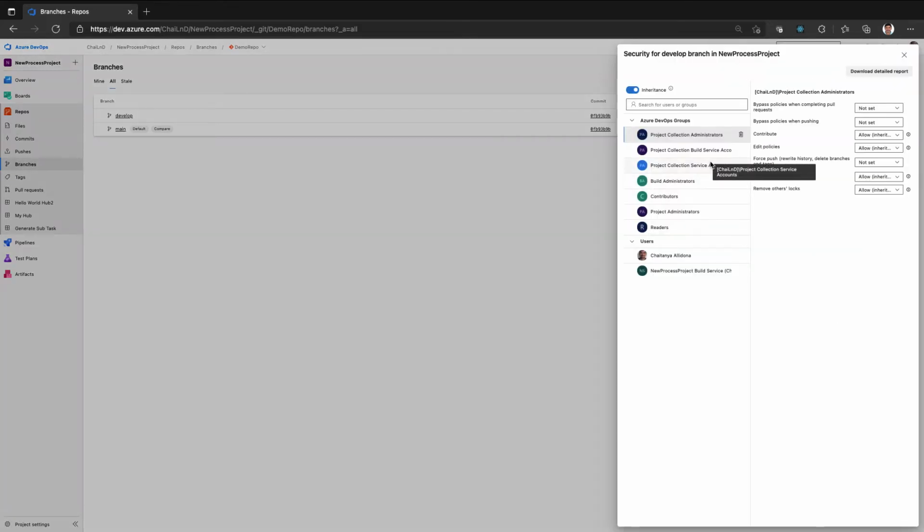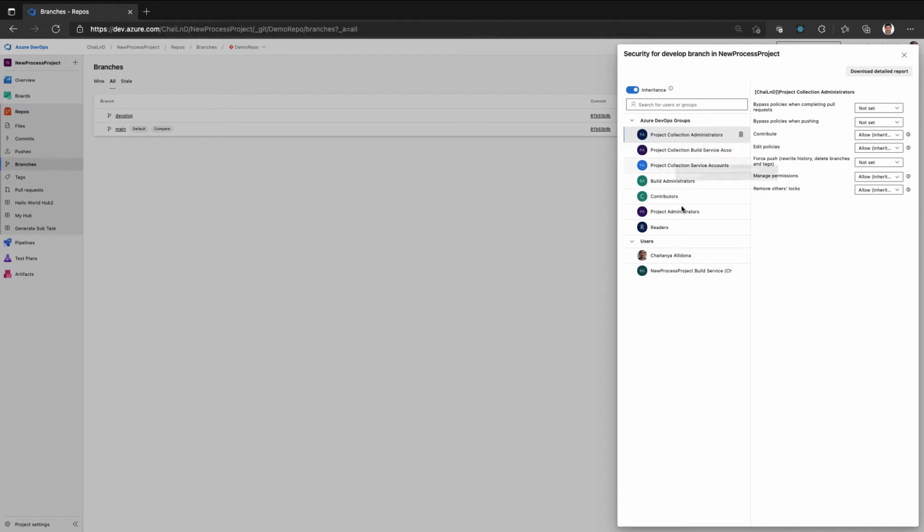This is where I can control access for a group, an Azure DevOps group, which is created at the organization level. Say a project administrator, what are the permissions a project administrator would have, or what would the permissions of a build administrator be? Basically, the CI/CD team members, what would they have, and what would be the permissions for different other groups. So these are the groups which are created at the org level, where multiple projects can use the groups to